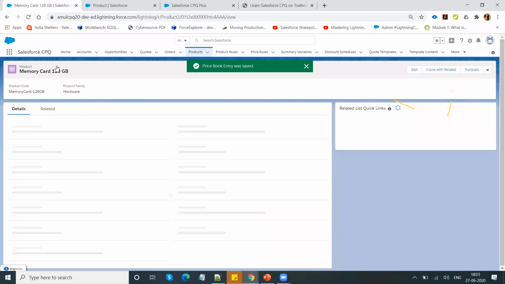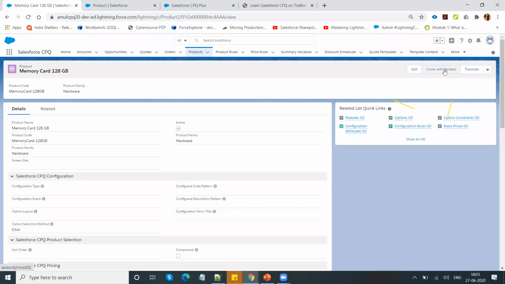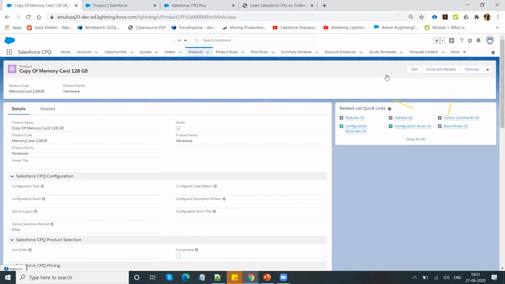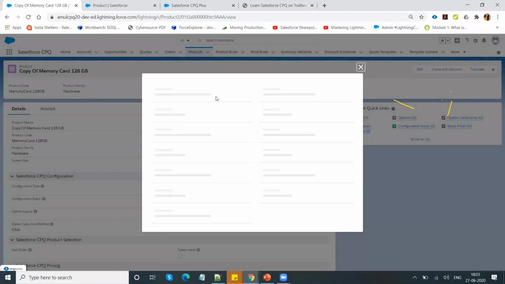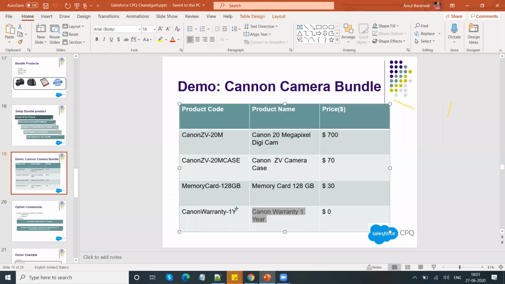After defining this memory card, my last item is the Canon 1-year warranty. Clone with related. Click on the clone button. I have the Canon warranty 1-year product.